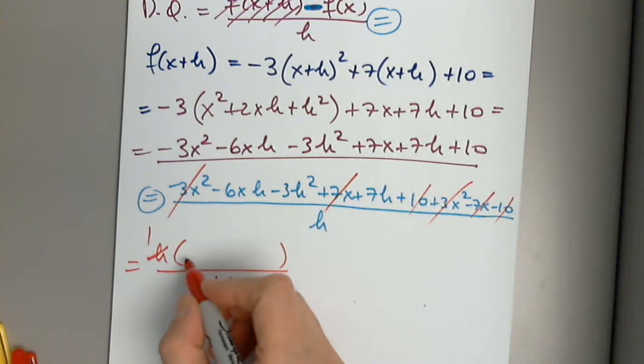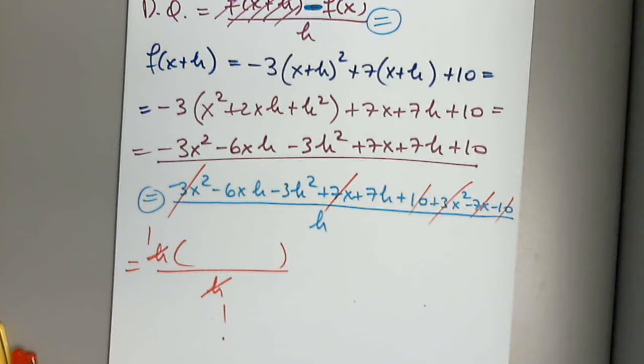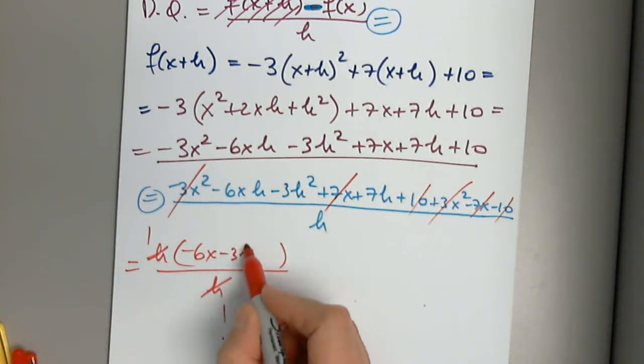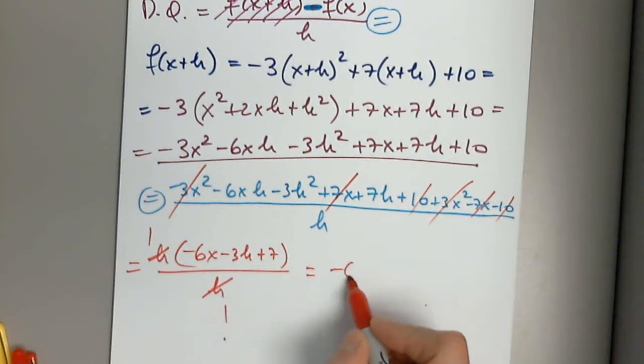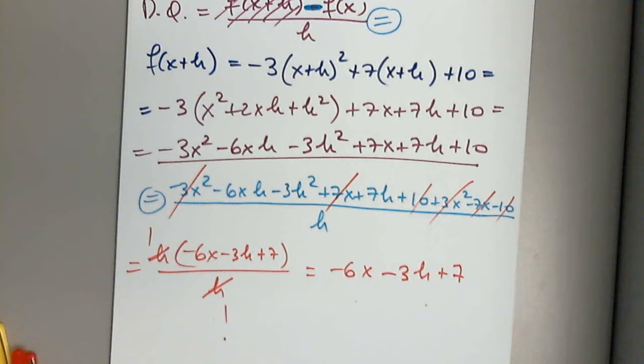Are we allowed to take the negative out of it? You can if you want to. Does it make it difficult? No, it doesn't make it difficult. It doesn't make any difference. So, negative 6x, yes, 3h plus 7. Everyone agrees with negative 3x minus 3h plus 7